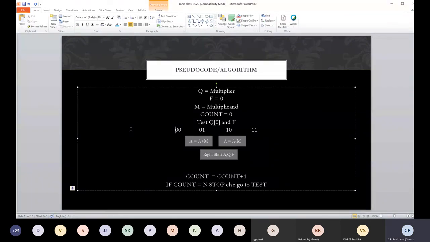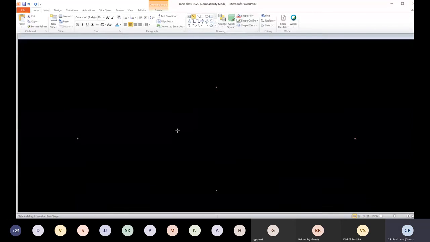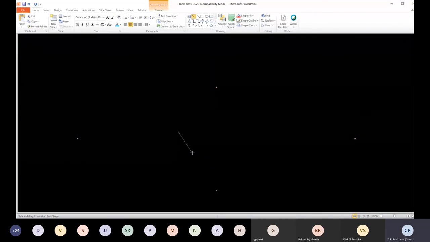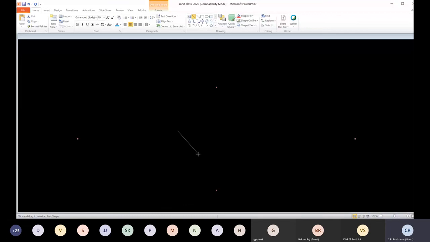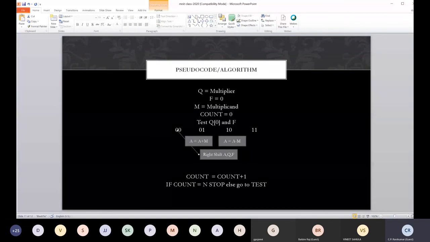N is the number of bits. In this case, it comes directly here. In this case, it comes here.